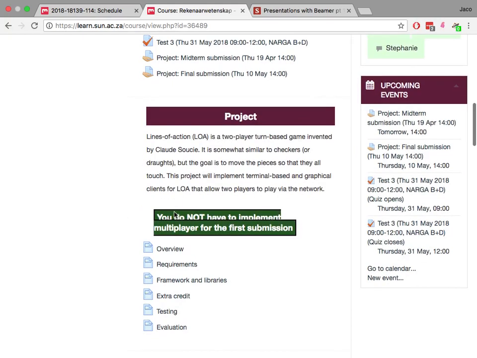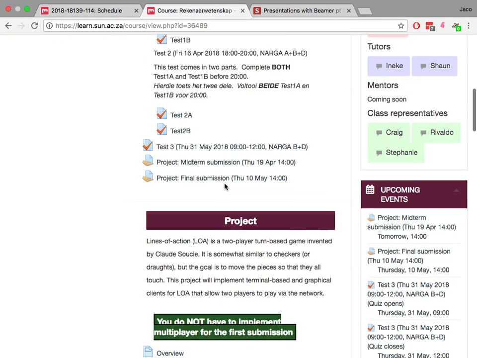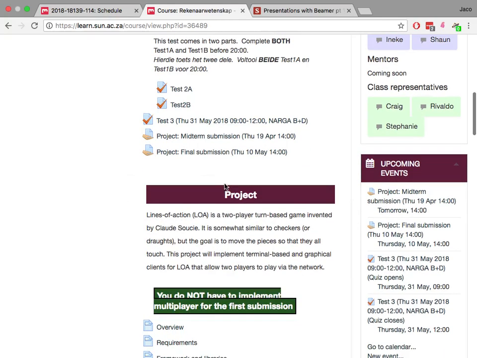Now this is a stupid screen because you can't see this message clearly, but on a real computer screen, you'll be able to see that it says here, you do not have to implement multiplayer for the first submission. We're going to scrap the multiplayer mode. You won't get marks for it now, but we will get marks for it later on. Okay? So don't delete the code you've written, but you can submit it as is, but we won't be testing the multiplayer mode or give marks for it. We'll be testing all of the other requirements, but not multiplayer. The networking is still not apparently very stable. Right.